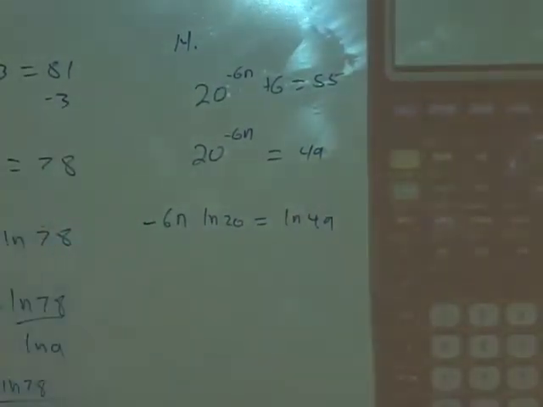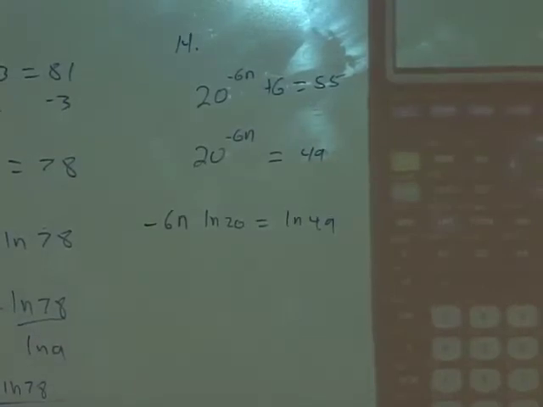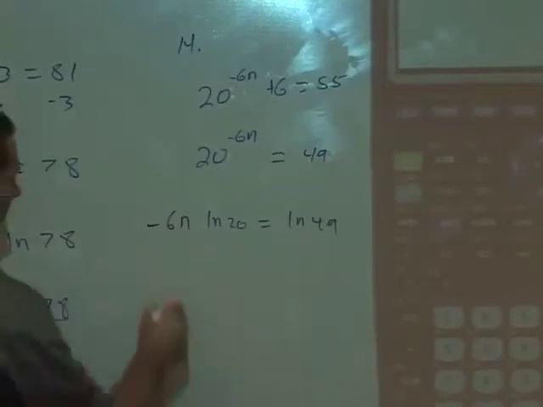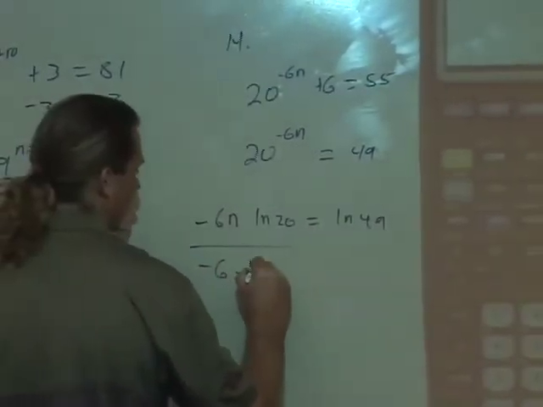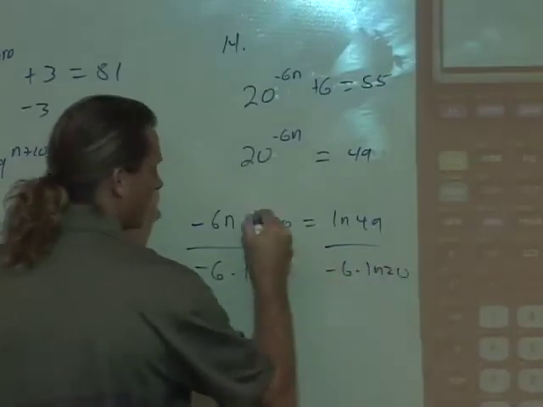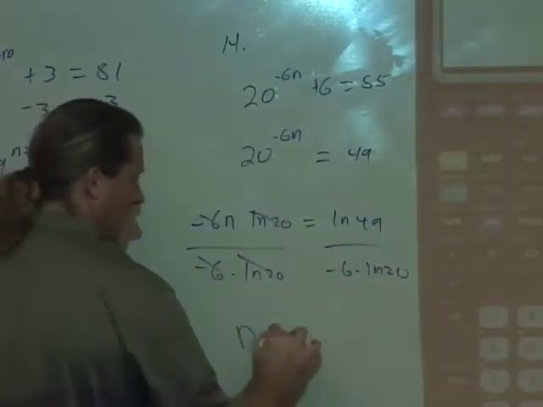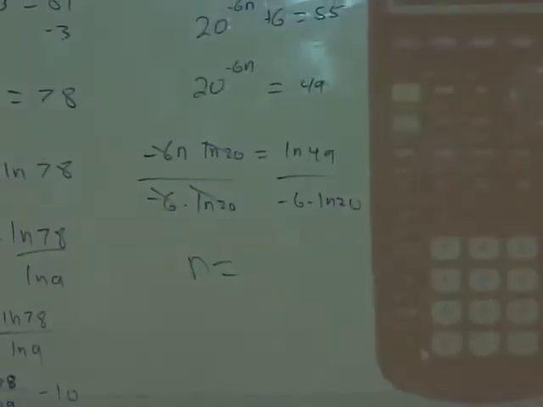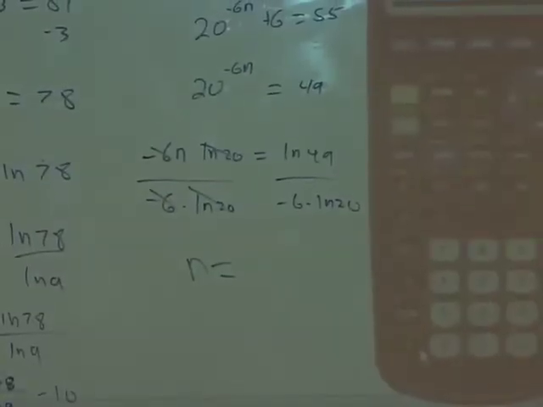I kind of did 2 steps there. I hope you guys are all right with that. I took the natural log and threw the exponent out front all at the same time. I'm going to divide through by negative 6 times the ln of 20 on both sides. So that these all cancel away, and n is equal to, well, that value right there. That's not something I could do with my head, nor could you probably. Ln of 49